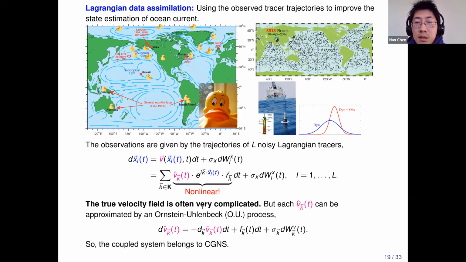And of course, there's a very important issue here. You want to ask how big is your model error? Because the true velocity field is often very complicated and it should be nonlinear. Of course, there's no rigorous mathematical theorem, but roughly speaking, you try to use your stochastic noise to characterize the uncertainties that come from the nonlinearity. And for data assimilation, because you have help from observations, using a linear stochastic model is usually not a bad idea. Importantly, if you have a linear stochastic model together with this highly nonlinear observation process, this will be a conditional Gaussian system.